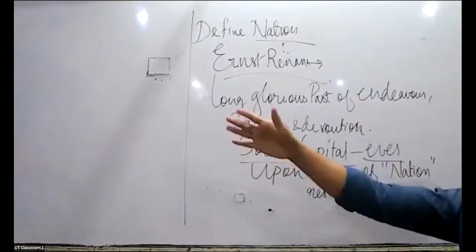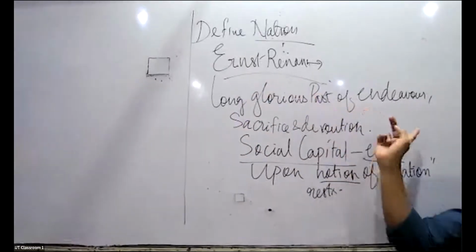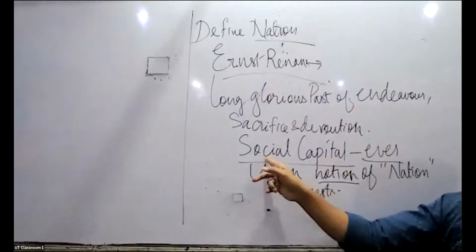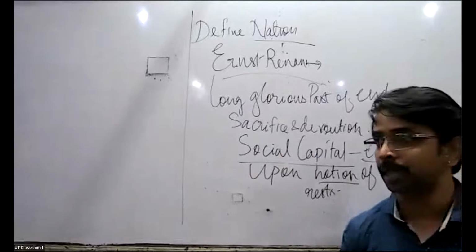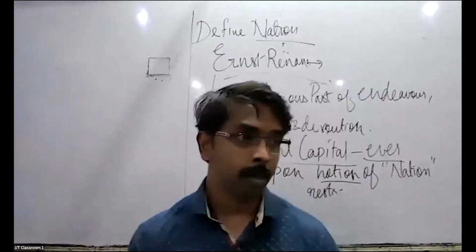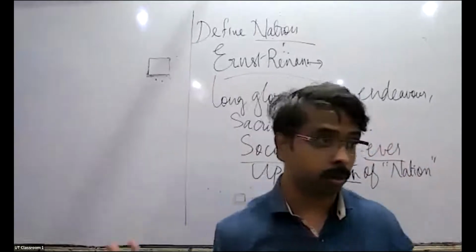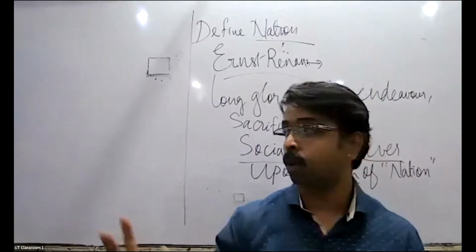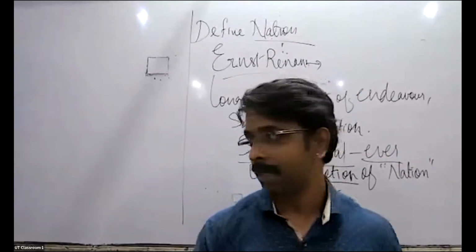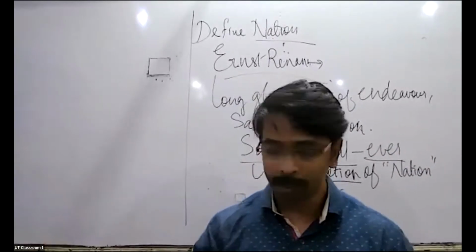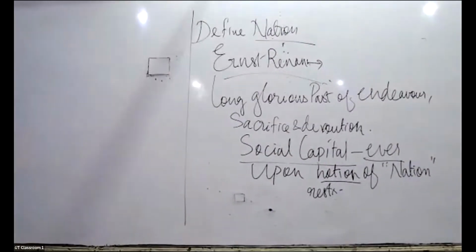So here that person earns Renan's saying of sacrifice and devotion, along with all this, but they should have the highest social capital ever. अभी हम लोग आज का पॉलिटिक्स में बोल सकते हैं इंडिया के पास हाईएस्ट सोशल कैपिटल है. Maybe in future some people will say Narendra Modi was a great leader. We do not know unless and until Congress steps in, how great this will be. But for the time being, he is the greatest. Are you understanding? Now read the Ernst Renan text and tell me if you are reading that quickly.